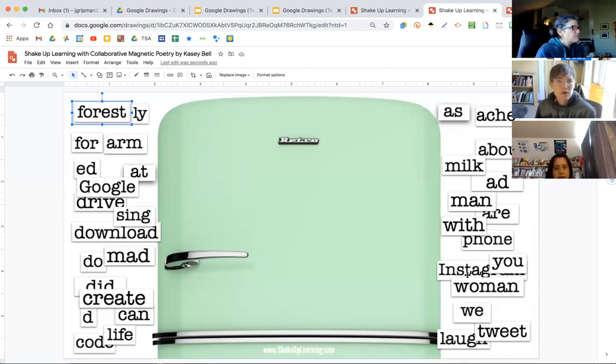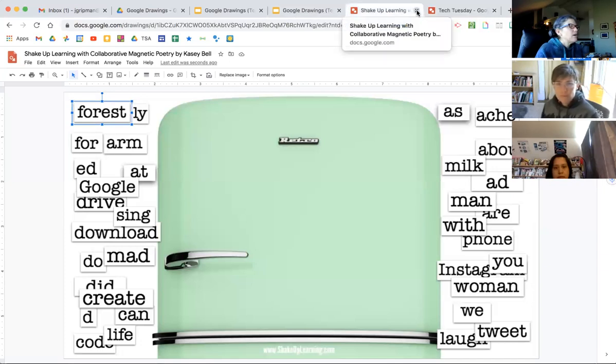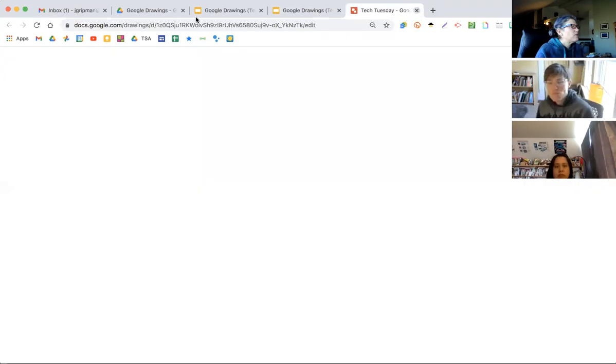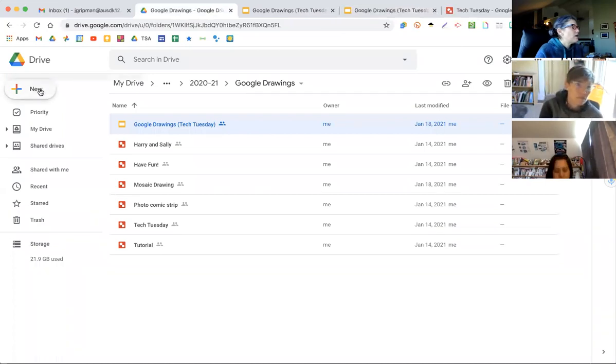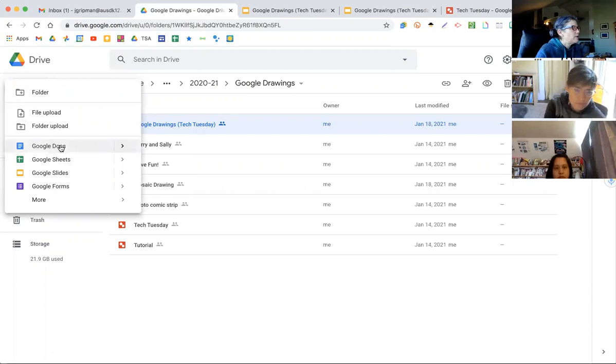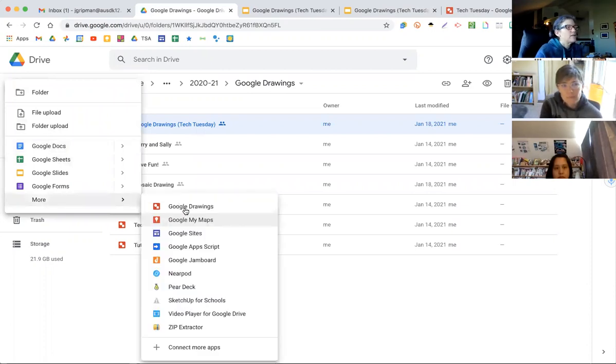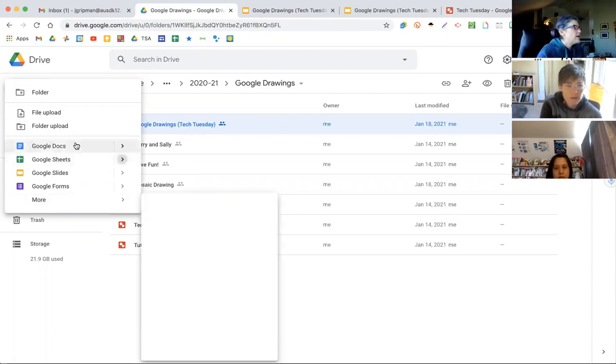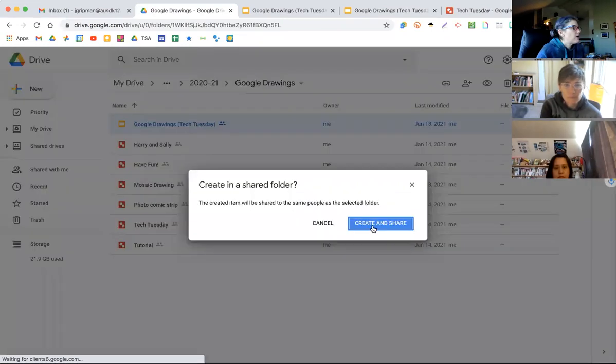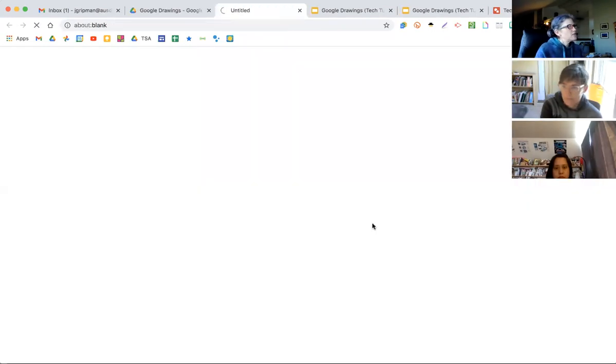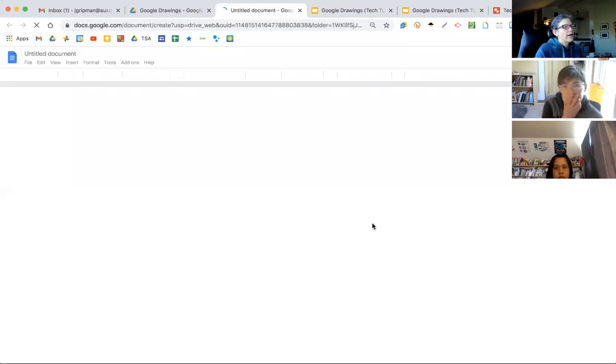So I think that when you're in a doc, if we opened a new doc, like those I made as separate, I just did new, and I went to more and I did a drawing, I opened a drawing and started one, and they're individual. But if I am doing it from within a doc, then it's just going to insert it wherever I am in my document. So if I wanted to write a bunch of questions at the top of my doc and then insert an image down at the bottom,